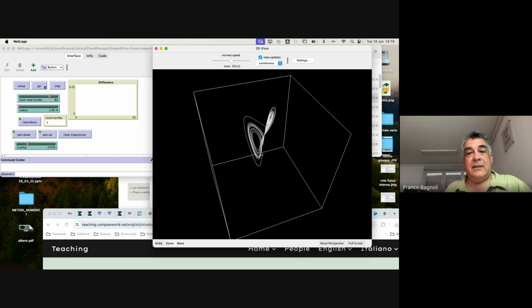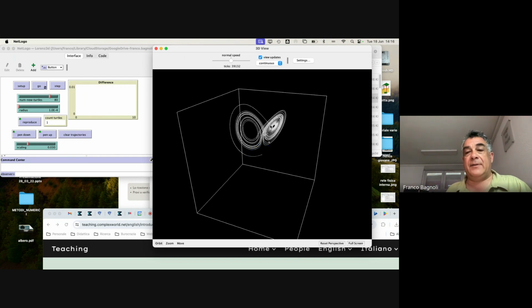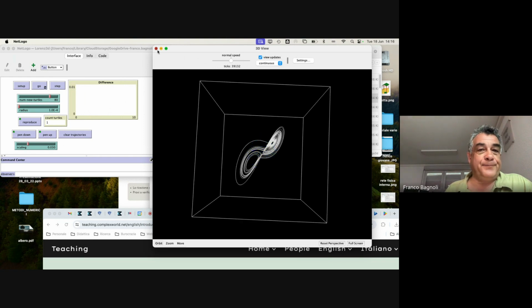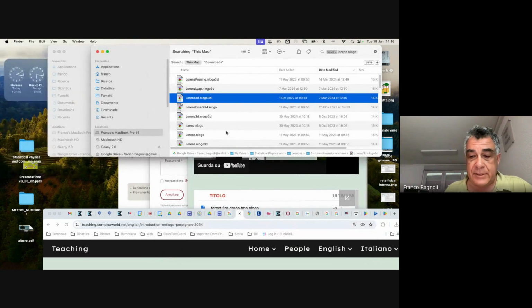So if you need to do something in 3D, you can also use this platform. The problem clearly in 3D is that it is not so easy to see what is going on inside. Okay, but let me come back to the